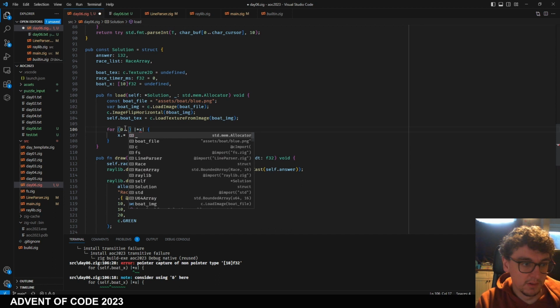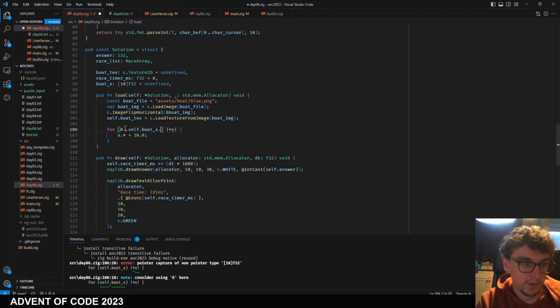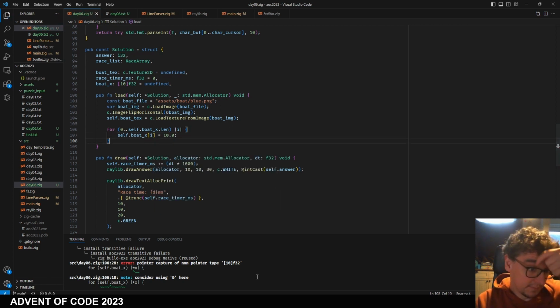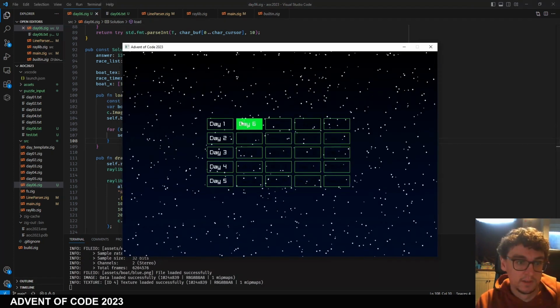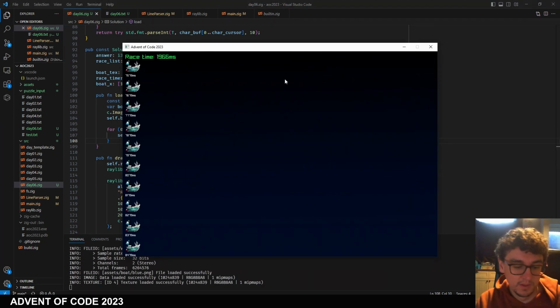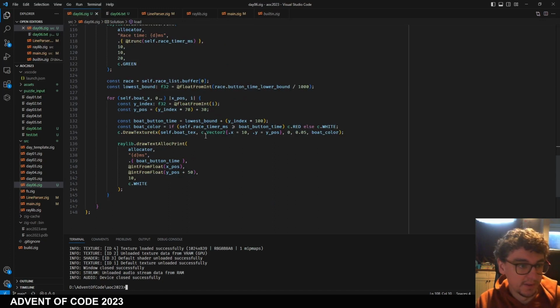Or just do 0 to self dot boatx dot len, i, self dot boat xi equals temp. So we'll initialize all the boat positions. There we go. And then we'll say, okay,